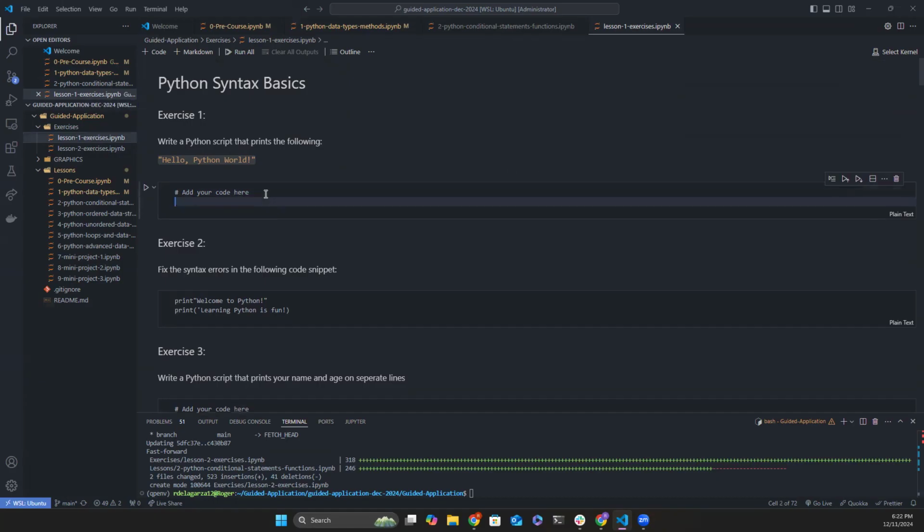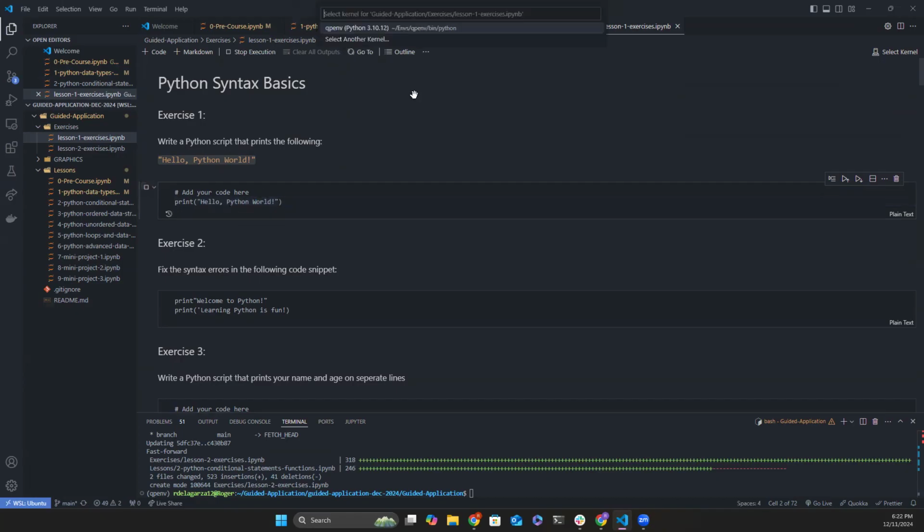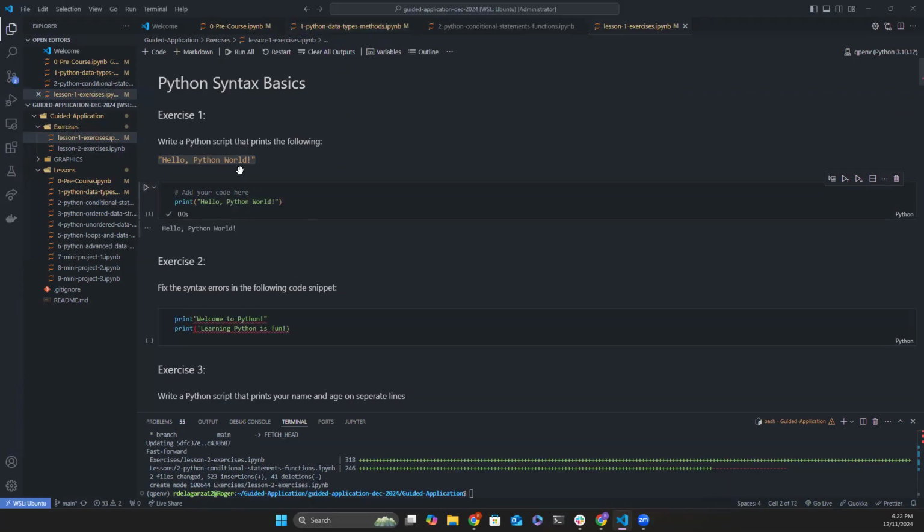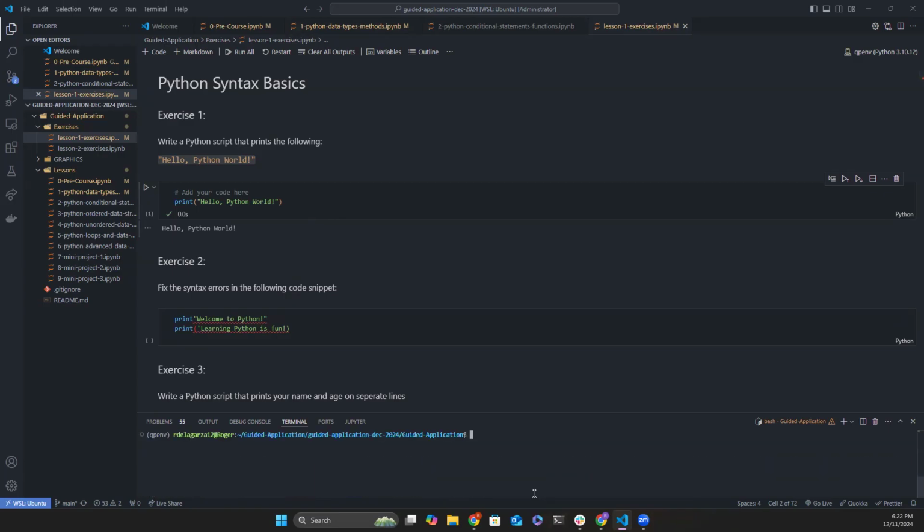And it's simple as just doing print hello Python world. And I don't have a kernel selected. There we go. Right. These are very simple exercises that you can use, especially because I understand that a lot